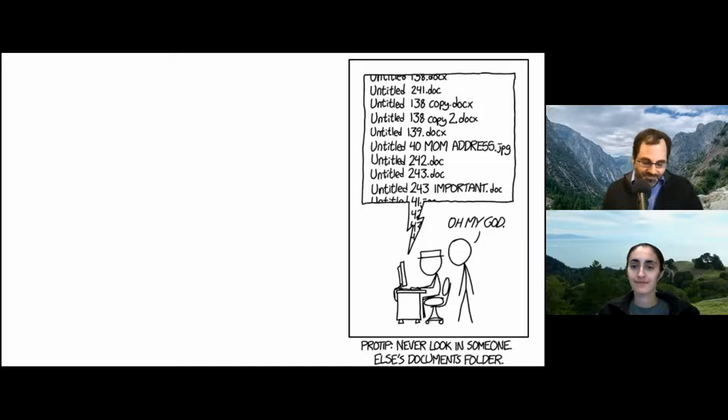XKCD often says it best, right? This is the pro tip: never look in somebody else's documents folder. This is referring to version control issues, but I think the issue is more general, that in the sciences, we don't tend to look at the source code or organization or file and data management infrastructure. I was certainly trained as a grad student that I developed all that stuff on my own. There wasn't a lab standard protocol. I didn't take coursework in this sort of thing, and so forth. And these kinds of issues of errors within the chain of analysis can have really far-reaching effects.